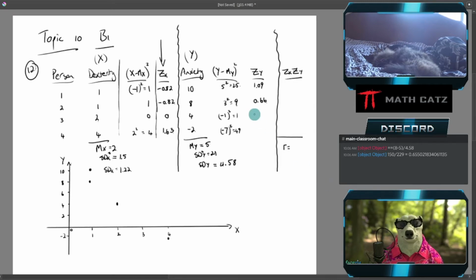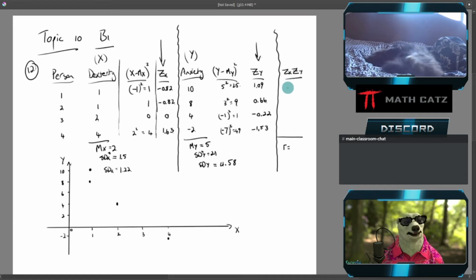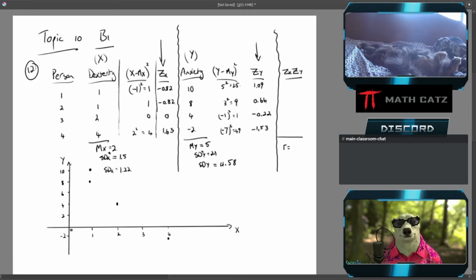And we're back. So let's see if you get negative 0.22 and negative 1.53 for the other two. All right, so now we have our two sets of z-scores. We're going to multiply them pairwise. Let's do the first one. And we get negative 0.82 times 1.09,